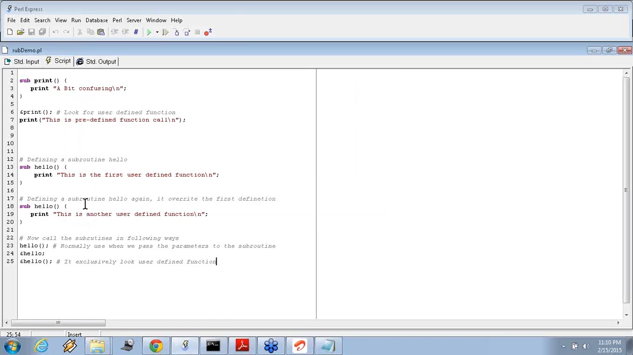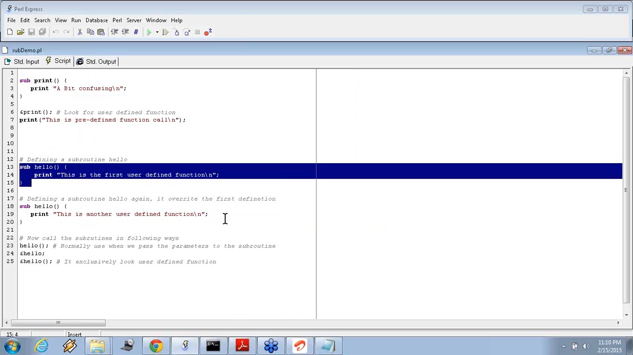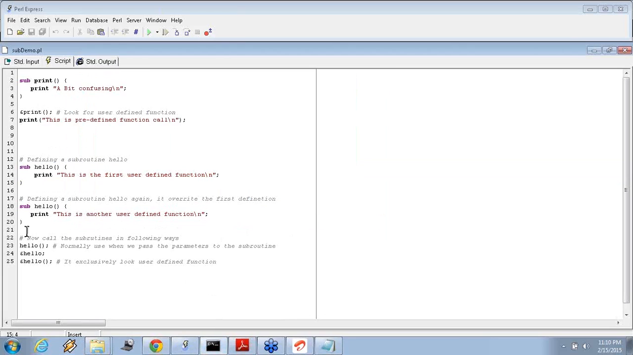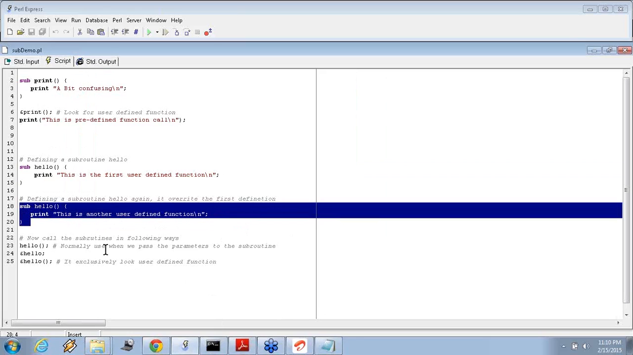Now see what is the difference. Here we are putting the definition of hello. If you see these lines, we have a definition of hello, which is like print the first user defined function. But did we see this anywhere in the output? We never saw this in the output. The reason being, we are redefining the function, and when we redefine